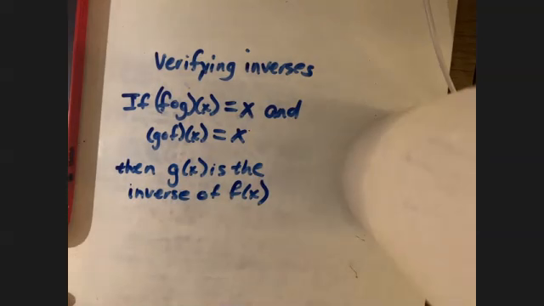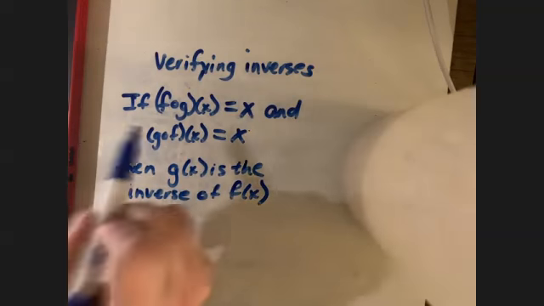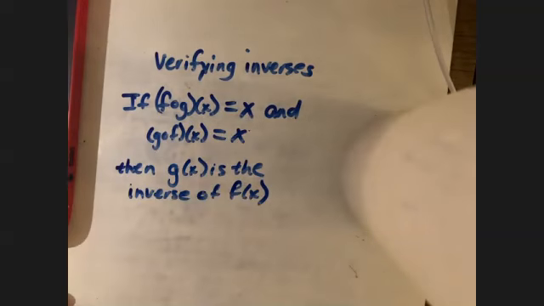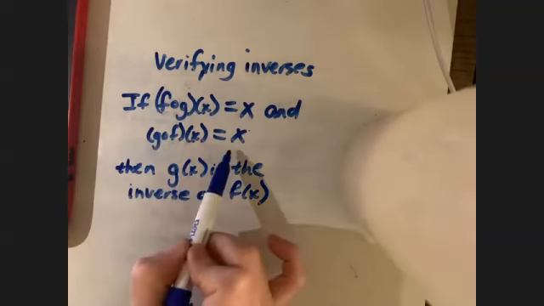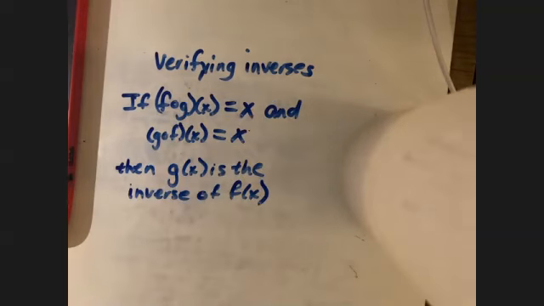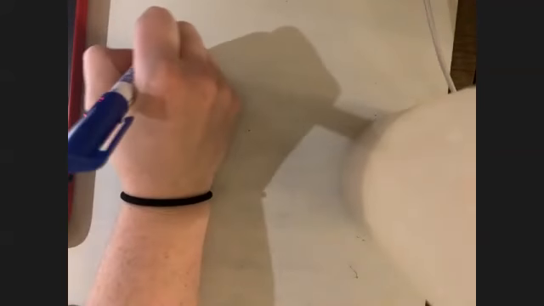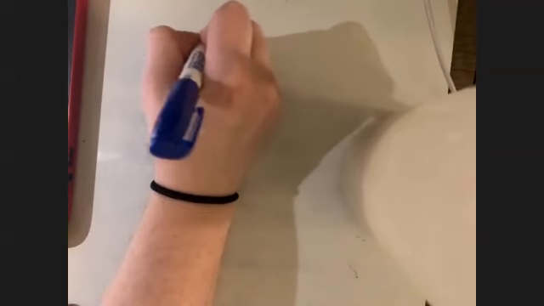Now, what we have to show is that this works. If it does not work, like if we go to do f of g of x and that does not work, then it's over with, because it says I have to have both of these things happen. And if the first one doesn't work, then it's not going to work on the other one. So the example that we're going to look at,